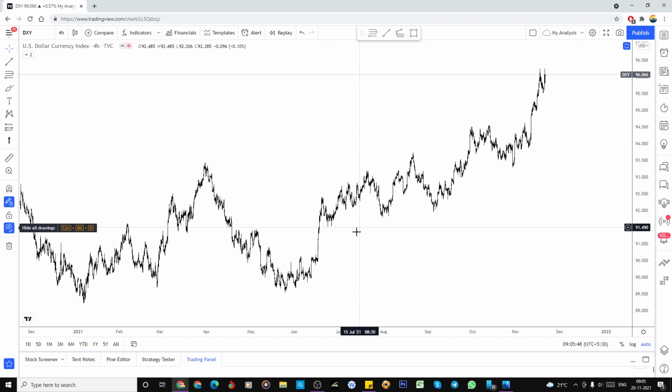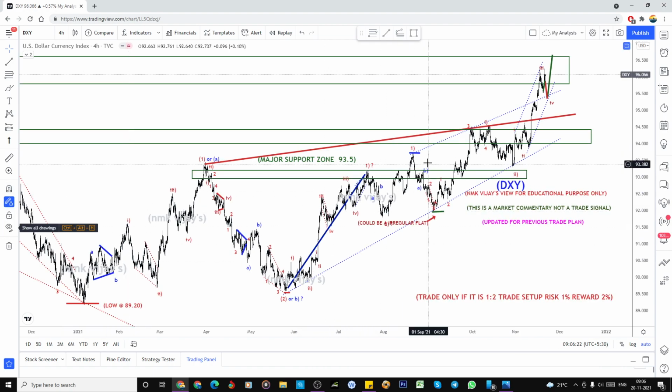5 impulsive waves. So what I'm thinking here is either this could be the 1, or this could be a 1 and 2. Later onwards we need a third wave. It's a little bit bigger than this wave 1, otherwise it is nearly equivalent to this wave 1. But here it's looking like there are a lot of rejection zones and consolidation. That is why it's looking like a wedge formation. So there is a lot of chance for making one more low also, if it is an irregular flat formation for the wave 2. But now it is formed as a wave 1,